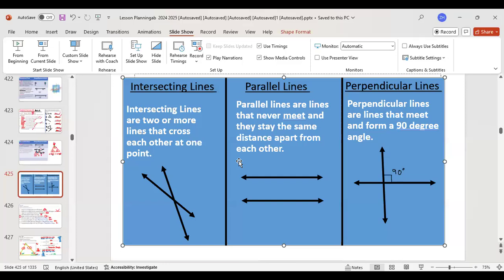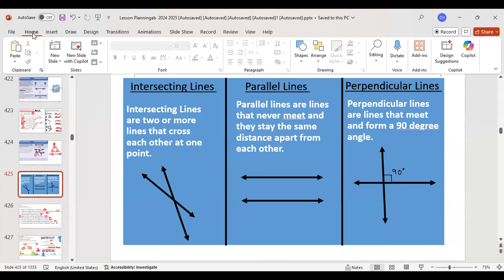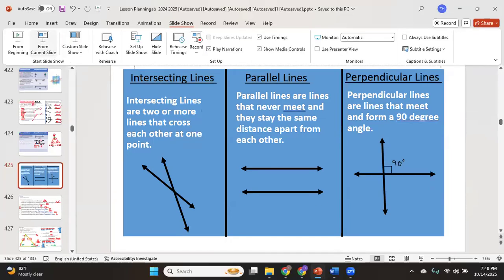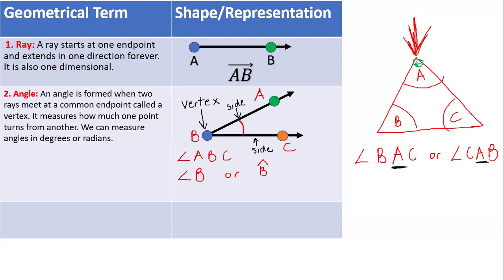I can't believe it is already Tuesday. I don't understand. Miss Petite, I'm almost. You almost done? Take a picture of this quickly so we can go over it. All right, Mr. Petite, can you go back to the ray and angle one, please? The ray and angle, yes, I did. So this is a ray and angle.